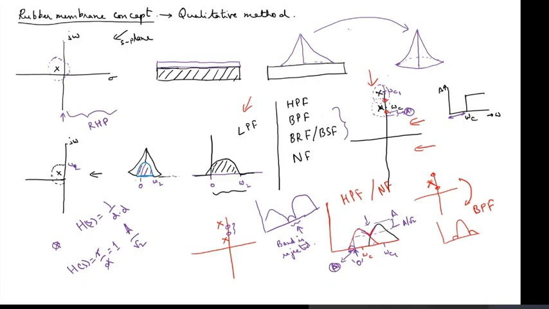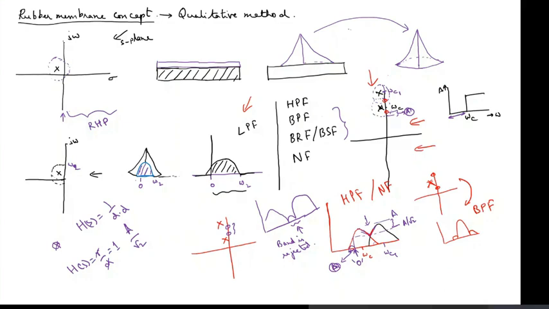So we are interested from 0 to omega by 2, so my frequency response is this one. Sir, where do we use this concept? Where do we use this kind of filter? It is not a filter. Rubber membrane is a concept to understand how the system will behave if you place a pole and zero at certain locations. It is only a case study, not in practical use.